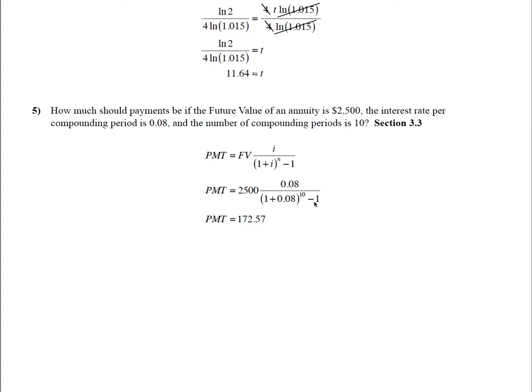And we subtract 1. And so when you enter this into your calculator, you're going to need a parenthesis around the entire denominator. Because if you fail to do that, then this minus 1 is going to throw your calculations way off. So if we do enter this all in correctly, we will come up with a payment of